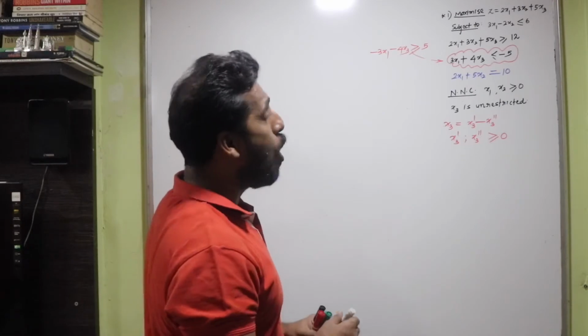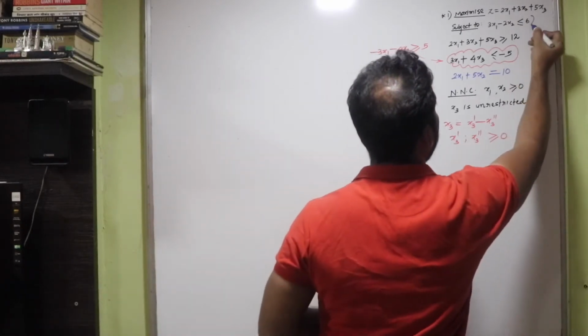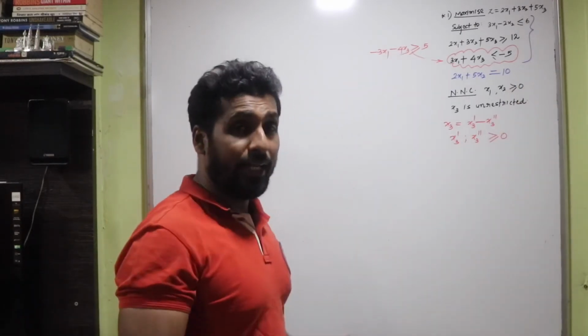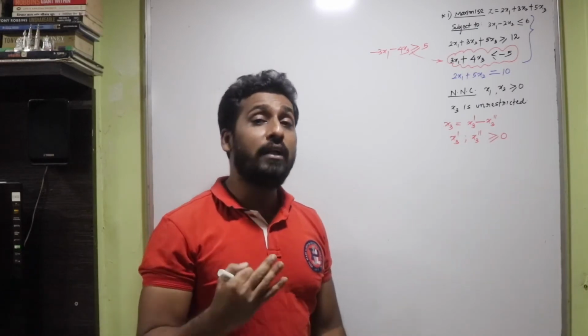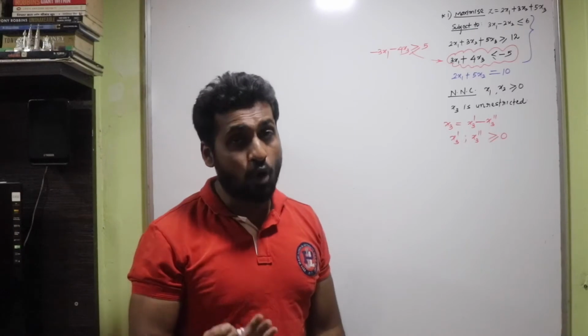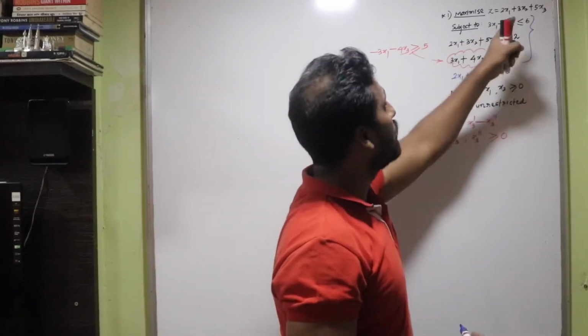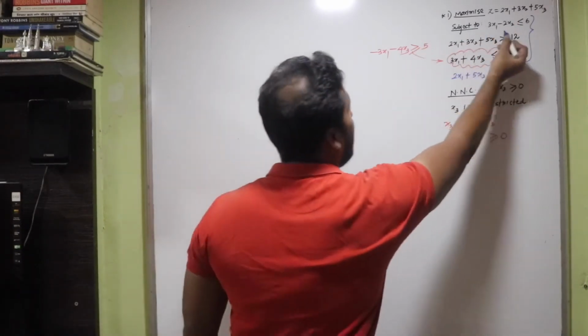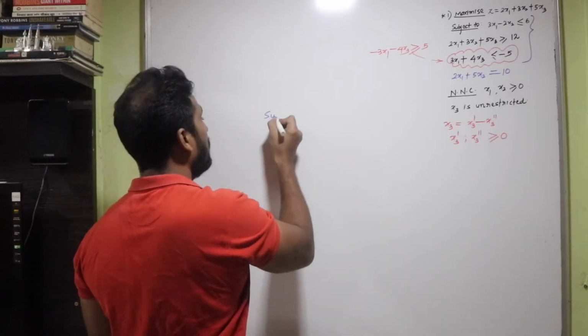and now I'm going to write the standard form. So how many inequations are there? So there are 3 inequations, isn't it? There are 3 inequations. That means I will need 3 slack or surplus variables depending on the inequalities. Come to the first one. So the objective function now becomes